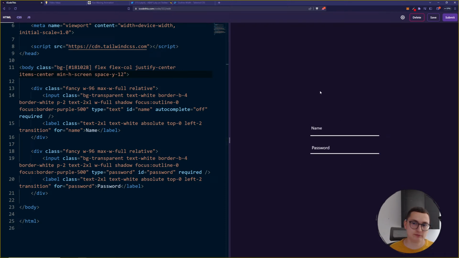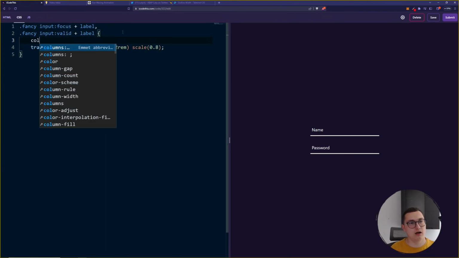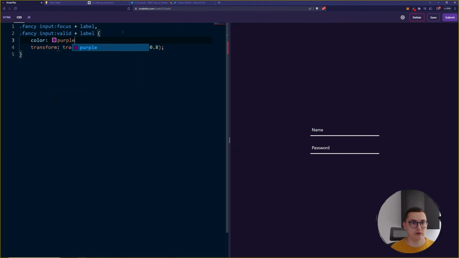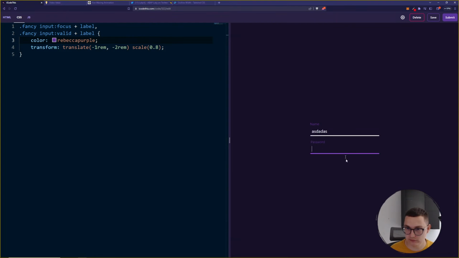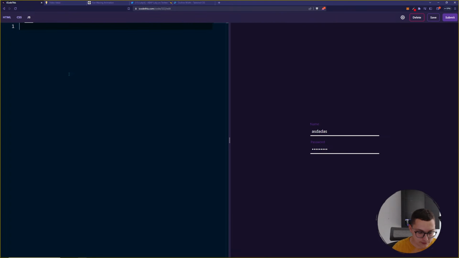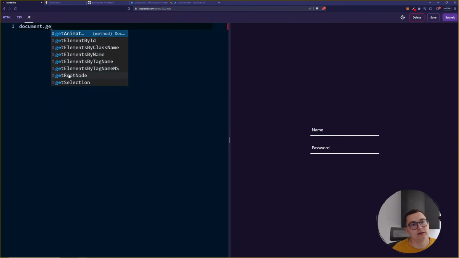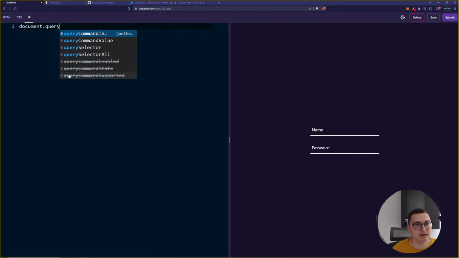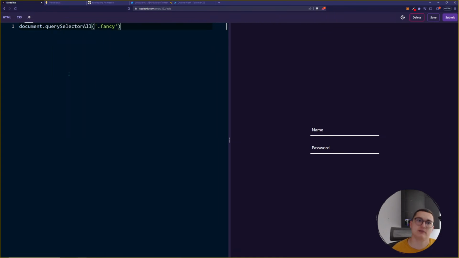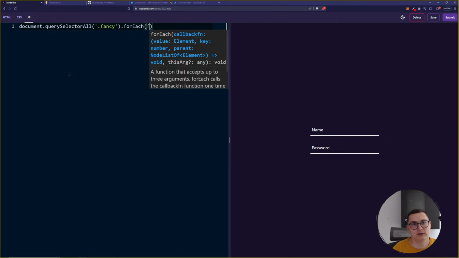All right, and now we just do the animation on the labels. We could change the color as well. So color purple, red, back purple. Yeah, this looks a bit better. Yes. Okay. So the JavaScript part, we need to get all, get query selector all fancy divs, and for each fancy